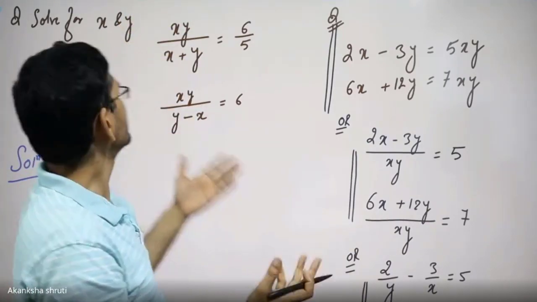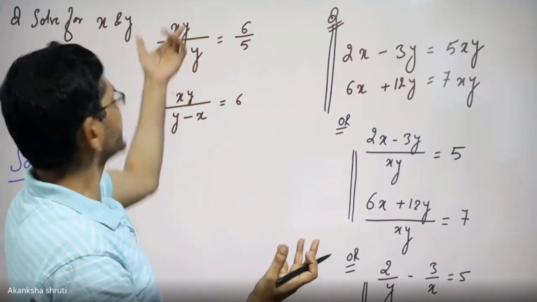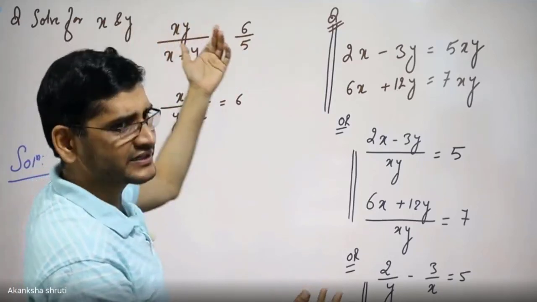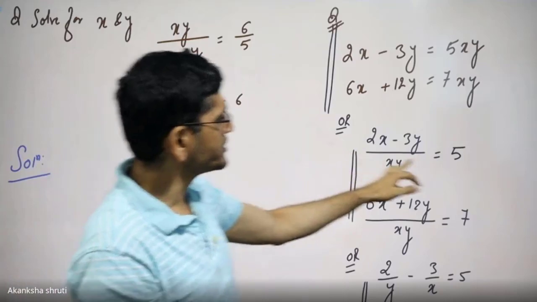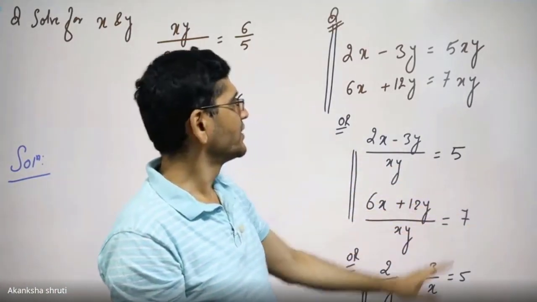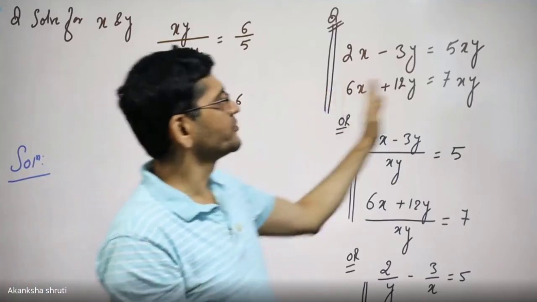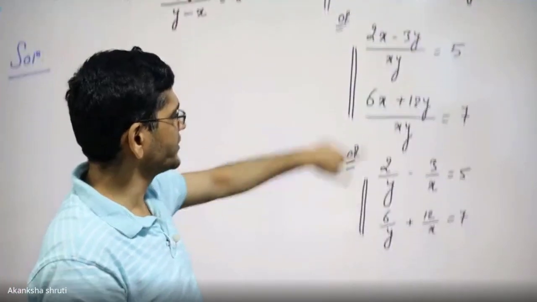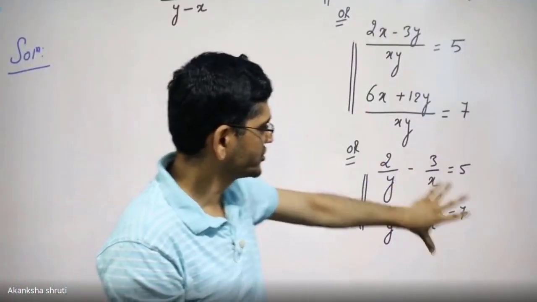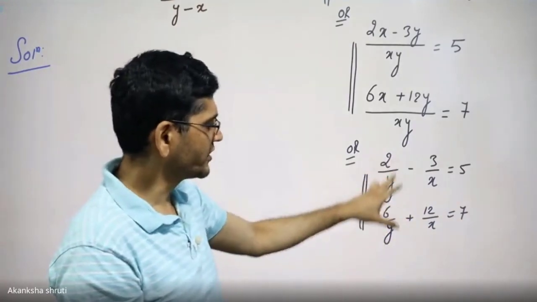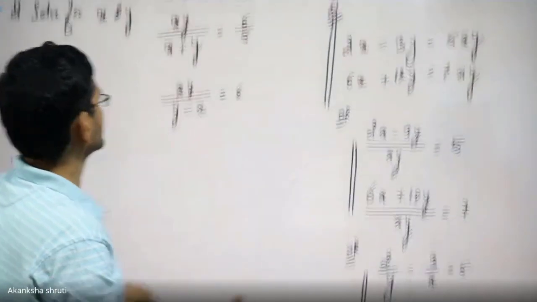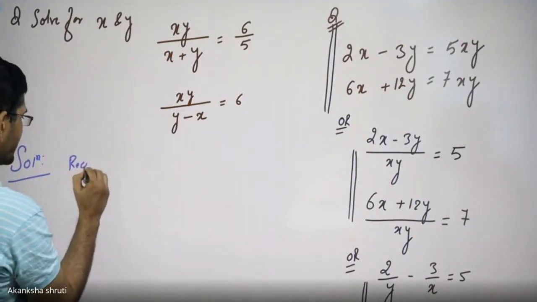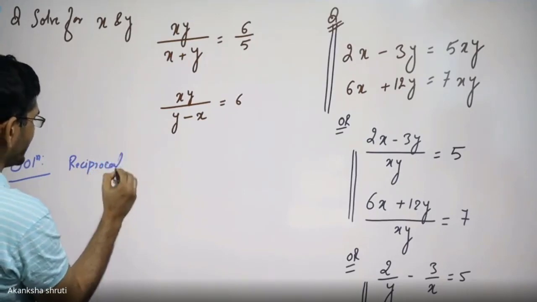So how to get it? That can be done very easily by just taking the reciprocal. The very first step, either you go for cross multiplication or directly take the reciprocal. It will get converted into this form. Or by going for cross multiplication, you will get this form. Once you have it in this form, you need to separate this x and y, and you will get the pair of linear equations, or the equations reduced to a pair of linear equations in new variables. So the first thing, or the best thing, is to take the reciprocal of each equation.